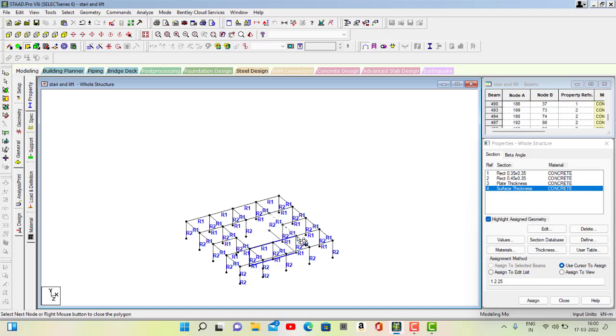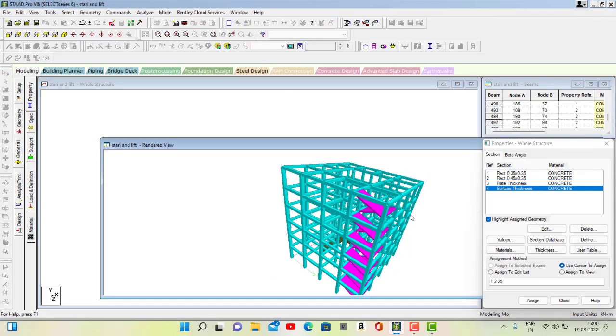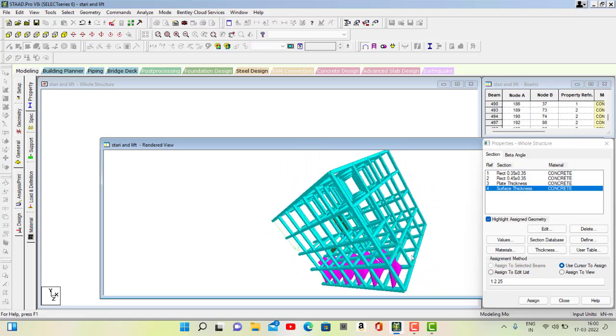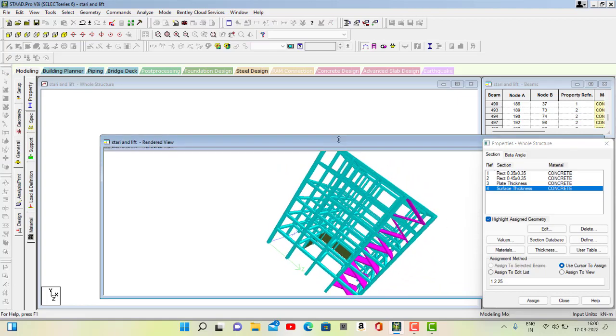We should add, okay. We can see in the 3D view like this. We can see here. And next thing,